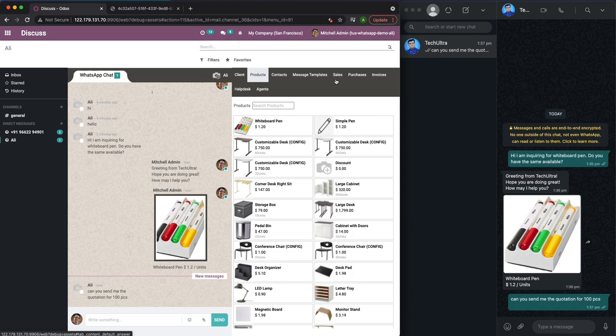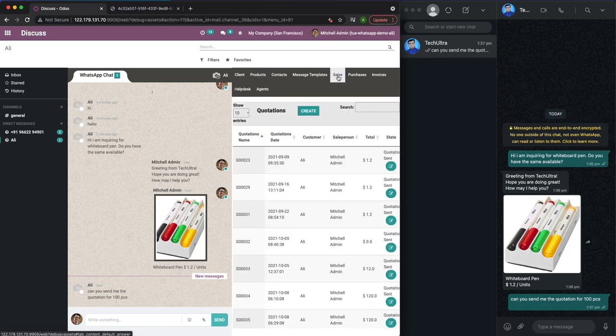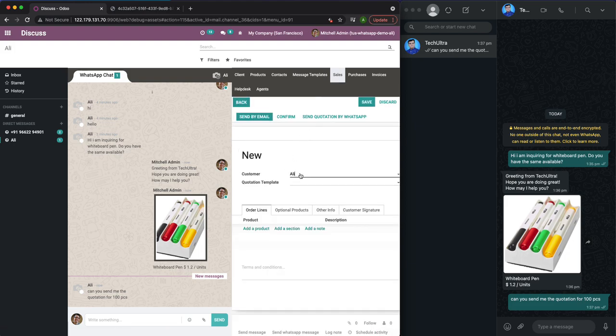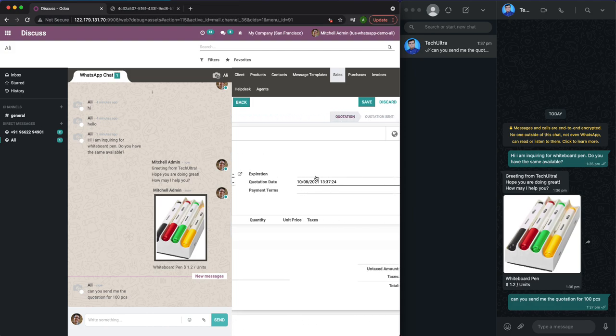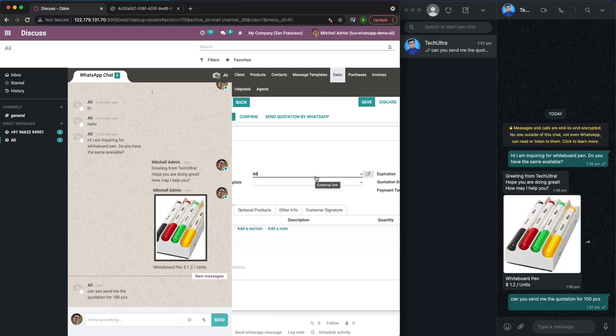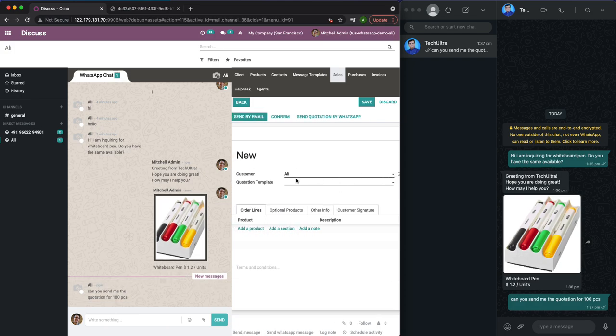The agent does not have to change the page and can directly go to Sales and create a quotation from here. If the agent is creating the quotation from here, the customer name will automatically be selected by the system. The other option where the agent can send the quotation, I'll show you later, but in that the customer has to be selected.